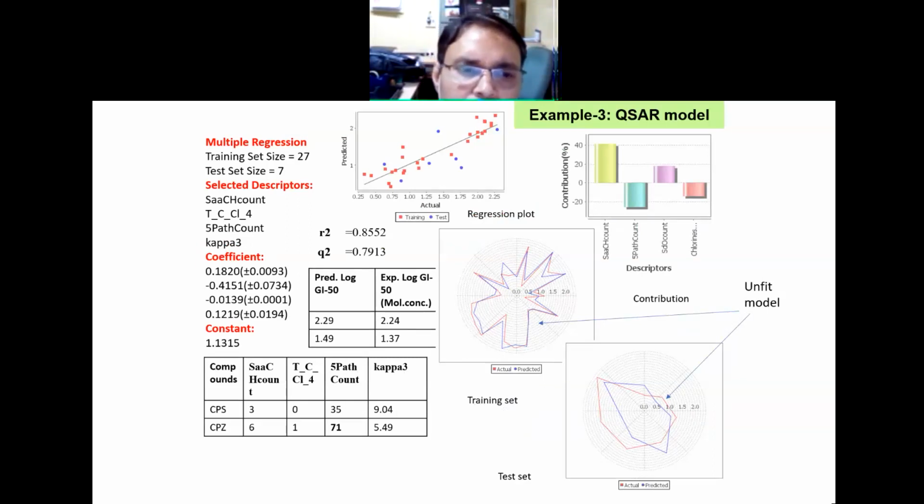Now let's see the other example where the QSAR model equation properties are good enough. But if you see the training set and test set graph, the training set plot is basically somehow overlapping, but not 100% overlap. They have some gaps. But if you see the test set data, there is a large gap basically. So this large gap indicates this model is unfit. So you can reject this model,